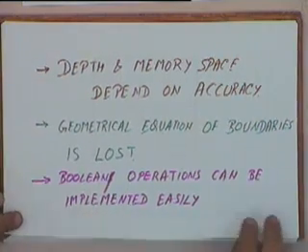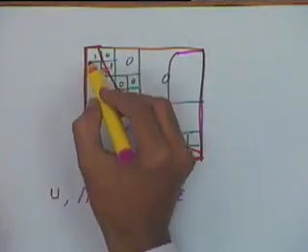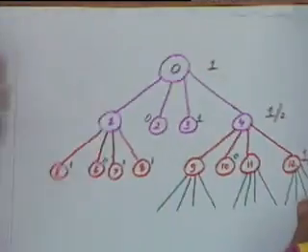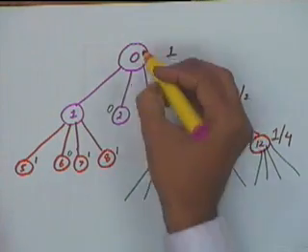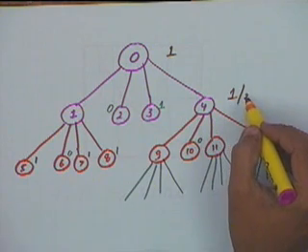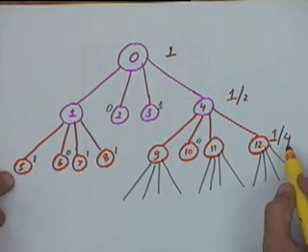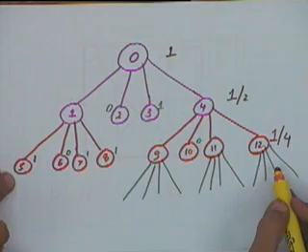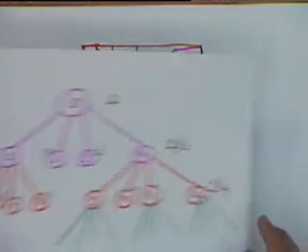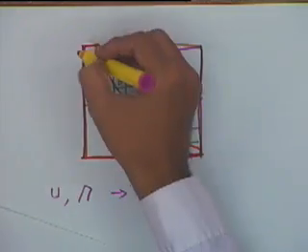If you want to compute the geometric properties, let's say the area of this region, I only have to take the area of each of the individual cells and keep adding. If I look at this tree, the area at this point is 1, the area of all nodes at this level is going to be half into half, which is 1/4, and the area of all nodes at this level is going to be 1/16. Similarly if I want to compute the moment of inertia, that can also be done because I know for each cell whether the area exists there or not. So the properties of this area can be computed easily.